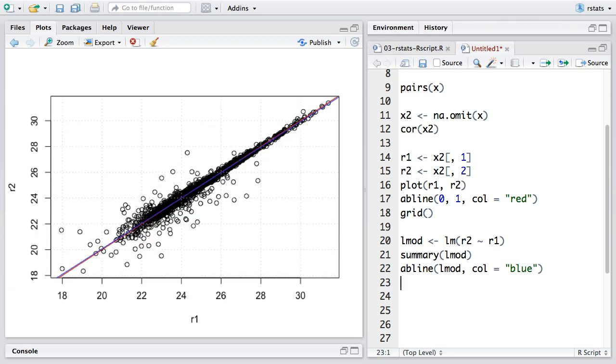Okay. So they don't quite overlap. The red one is 0, 1, and the blue one is our linear regression. Now we have these two replicates with a really good correlation. So indeed we expect that the linear regression matches the cloud really well. It's very tight. Okay? But there is another important aspect of